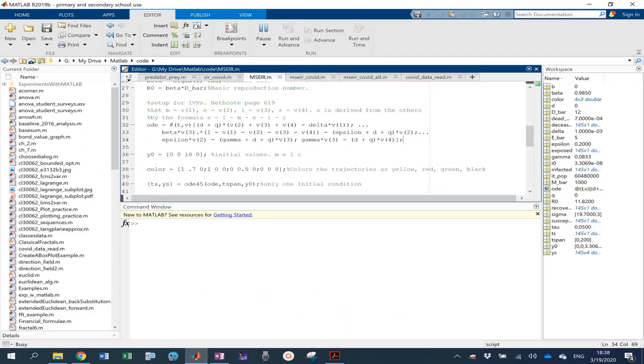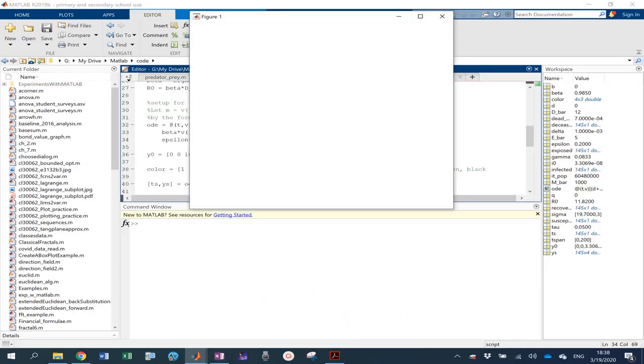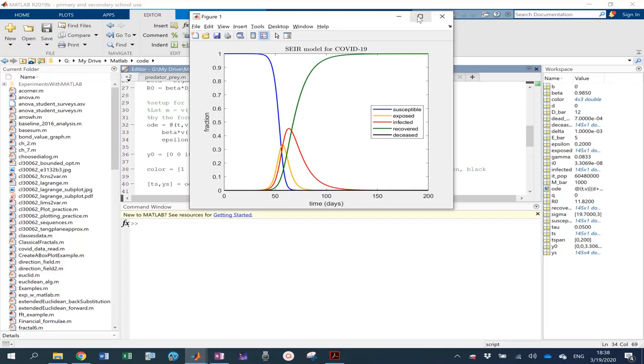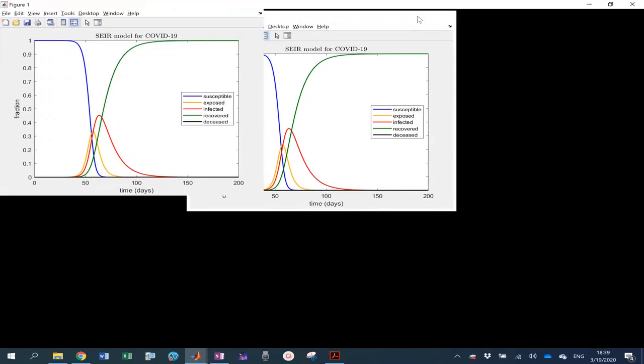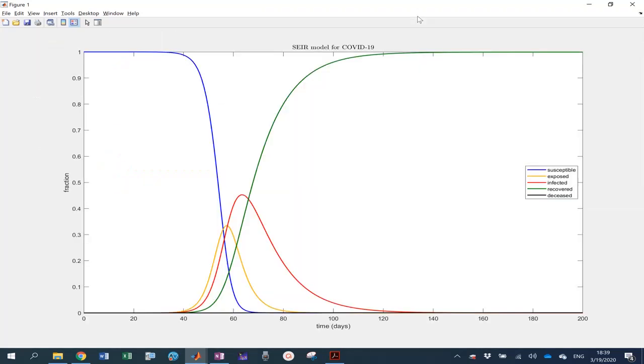Okay, so we head over to MATLAB now to take a look at what the solutions are going to be. And you'll see that I have left off the phase plane. The reason for that is you can only represent the solutions to a system of differential equations in a phase plane when you have two equations. Here we have four, so it's not going to be possible. Instead, we head right to the integral curves, as you see here.